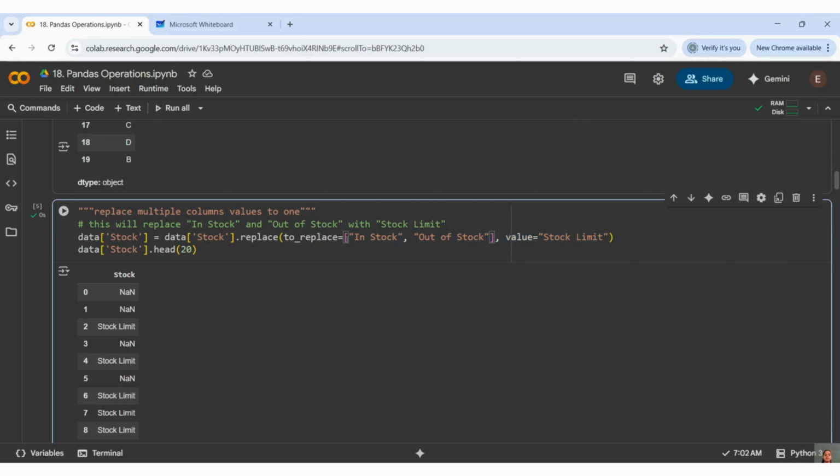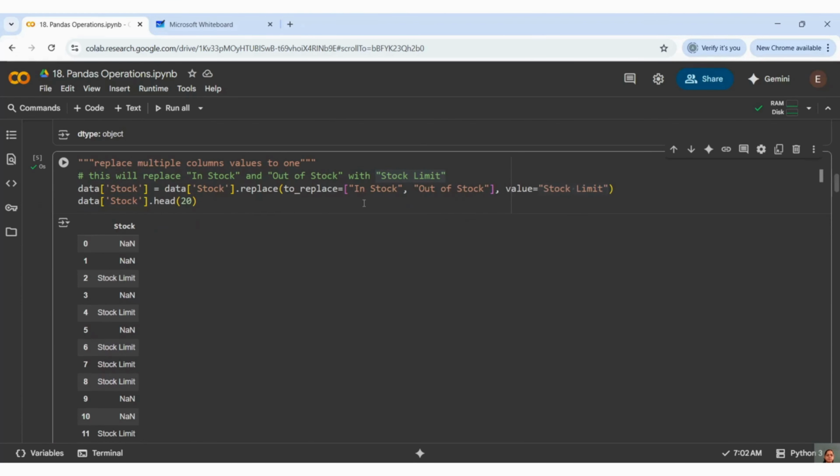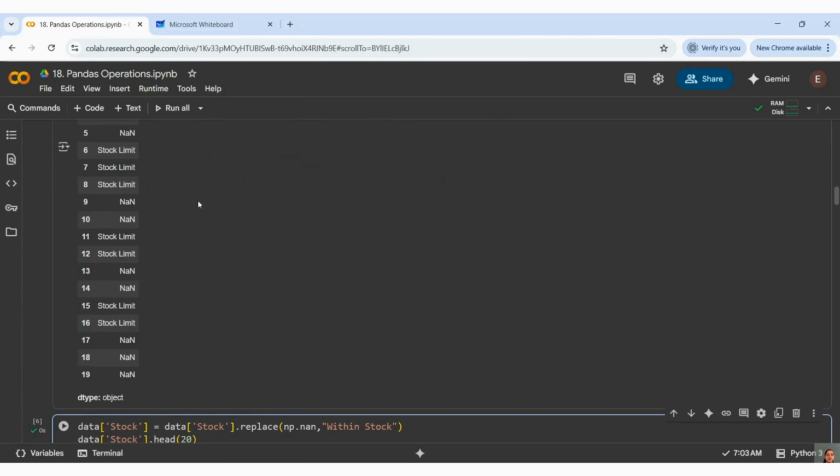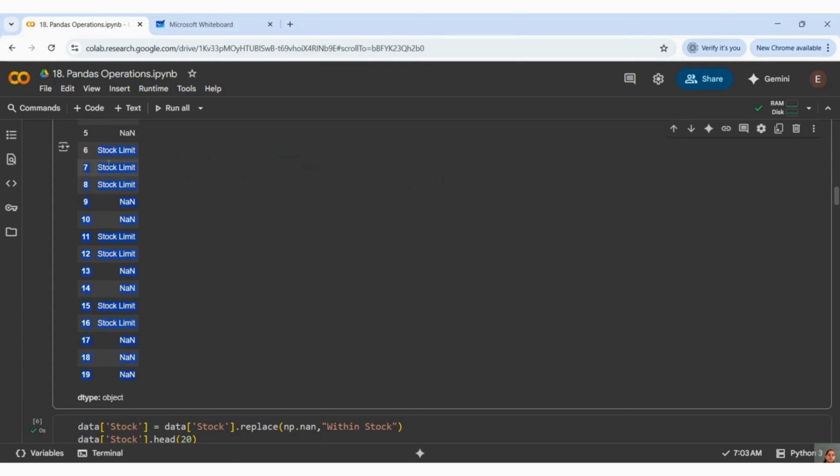So here I am saying, wherever in stock and out of stock are present in that particular stock column, those will be replaced with stock limit. However, it is not handling my nan value, so we will understand how to handle nan value. But for now, it has replaced wherever in stock and out of stock are present in my dataset with stock limit. Let me run it. You can see all these values are changed to stock limit now.